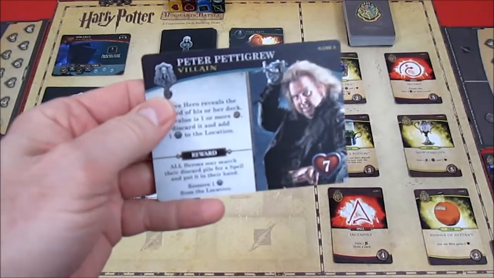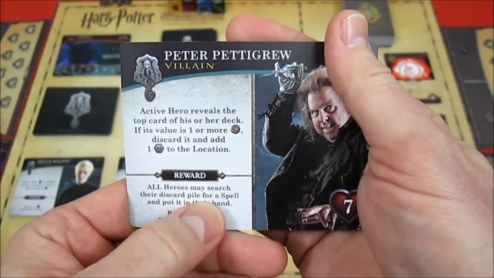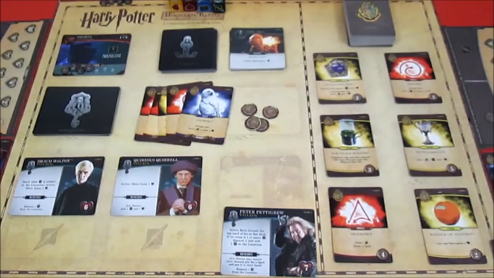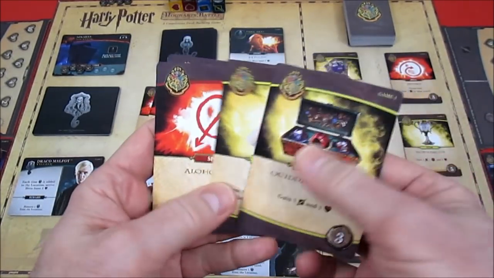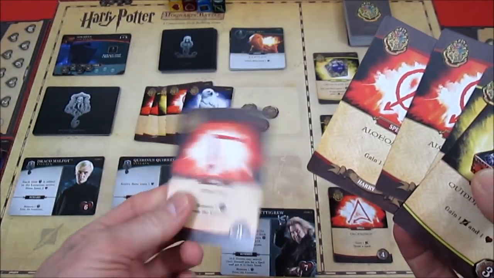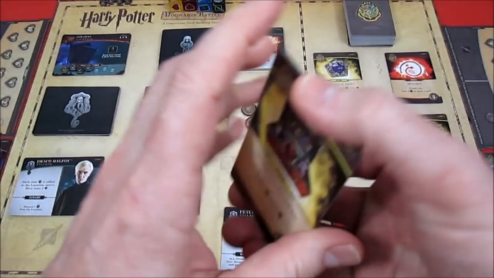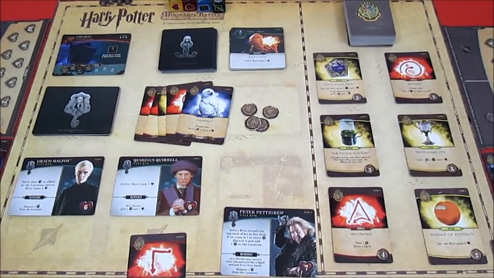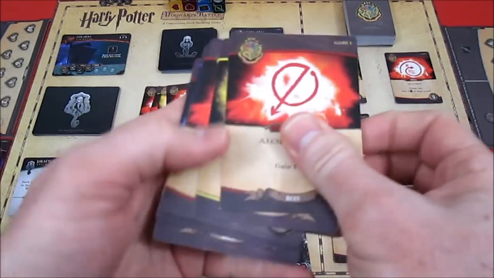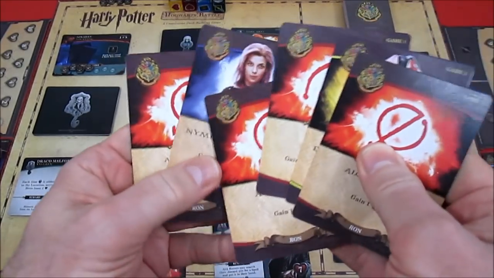This guy was annoying. And we get a reward immediately. All heroes may search their discard pile for a spell and put it in their hand. So this is Harry's discard pile. So he has Alohomora, he has Ooh, he has Finite. He's putting this in his hand. Okay, well, he's putting that in his hand. That's an awesome spell. It gets to have him remove an influence from the location. All right, let's take a look at Ron's discard pile for spells. Reparo. He's going to take...